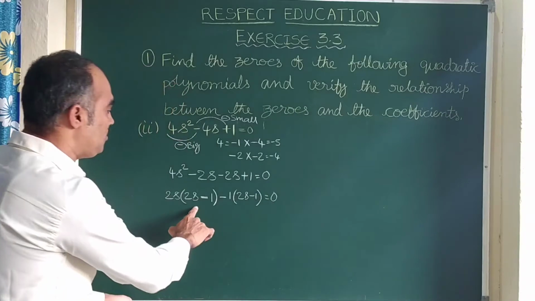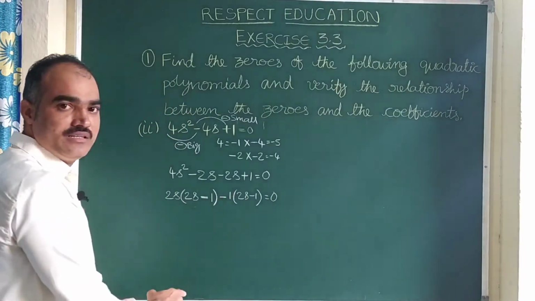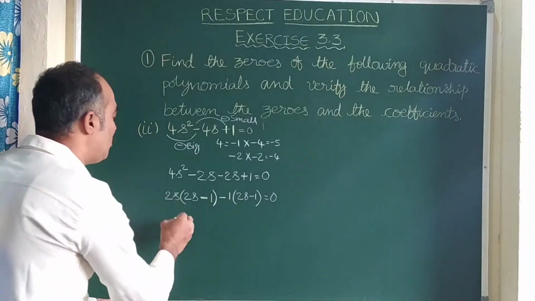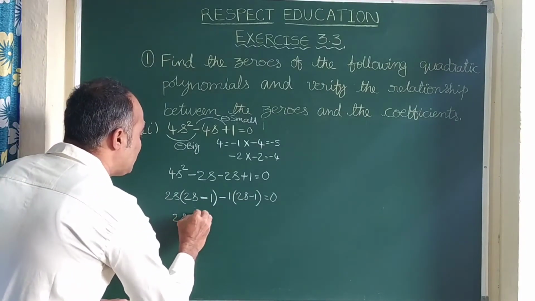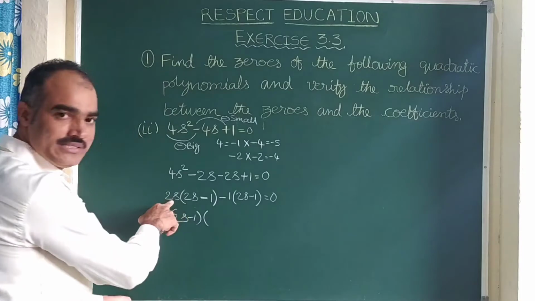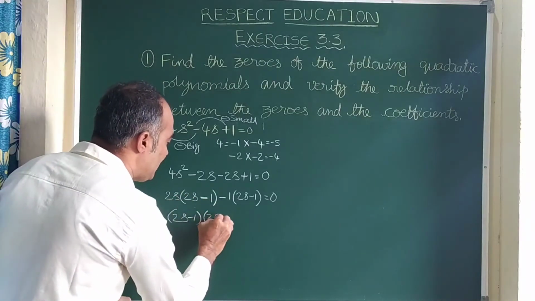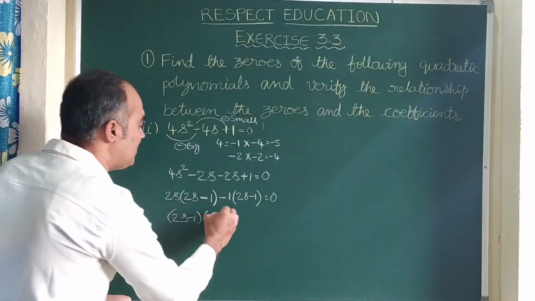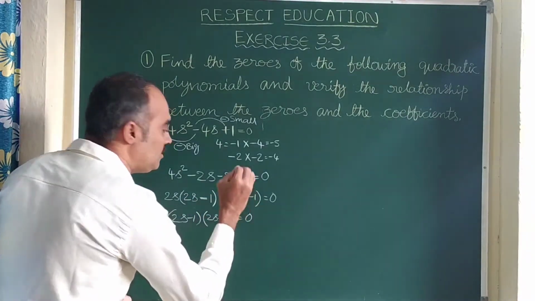Again you compare, here you see 2s minus 1, 2s minus 1. That means our process is correct. In these two, again you take 2s minus 1 common. So when you take 2s minus 1 common, here 2s is left. So I am writing the 2s. Here in these two, if 2s minus 1 goes as common, then here minus 1 is there. So minus 1 equal to 0.